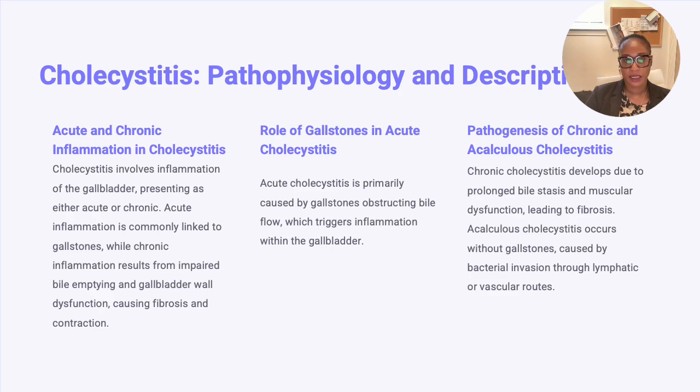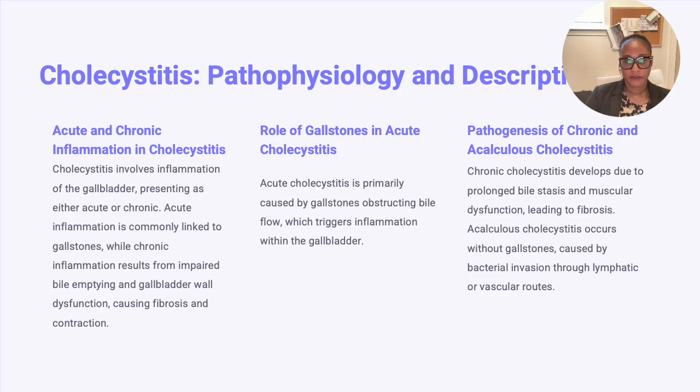So acalculous cholecystitis occurs in the absence of gallstone, and is caused by a bacterial invasion by the lymphatic or vascular system. This is gallbladder inflammation without the gallstone or bowel stasis. Okay, and then if we just review what's presented on our slide,